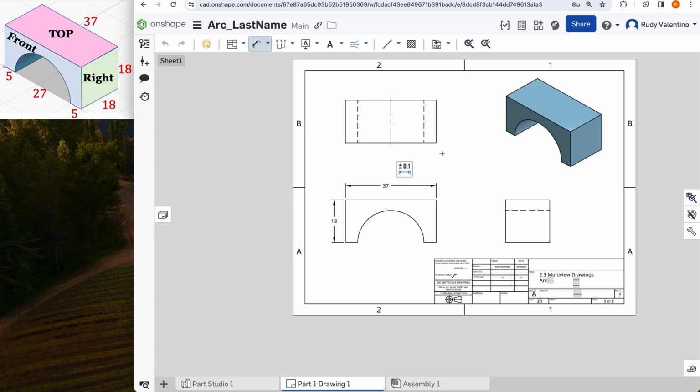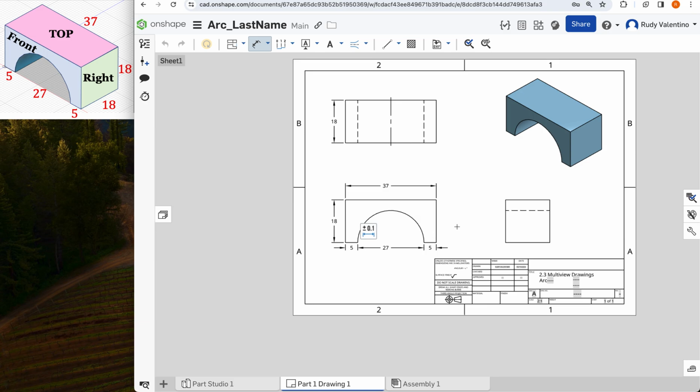All right, and then if I want to dimension the depth right here, this piece right here, 18, I can go on either side here. I'm just going to go on the left-hand side. Doesn't really matter. And I kind of want to line it up at the bottom. All right. Some other dimensions that would be useful are 5, 27, and 5, so I could do them. If you want to just highlight the piece, you can. That's pretty easy. The pink line makes it line up. And then if I want to go from point to point, this will say that this piece right here is 27. All right. You don't necessarily have to put this because I could do subtraction to do this, but